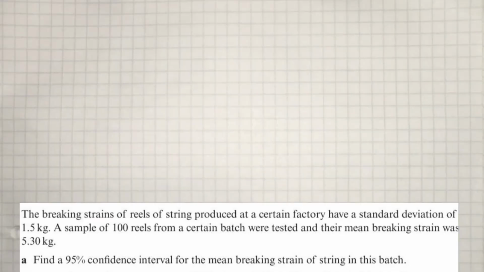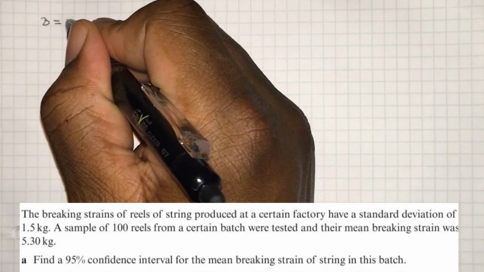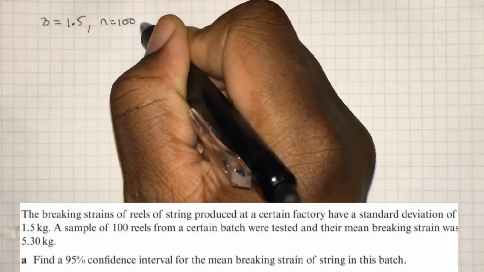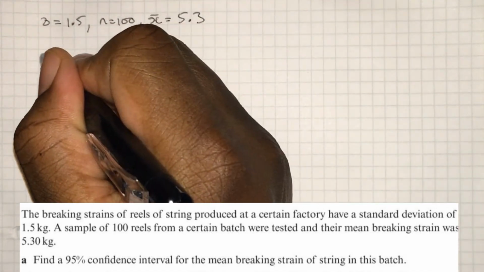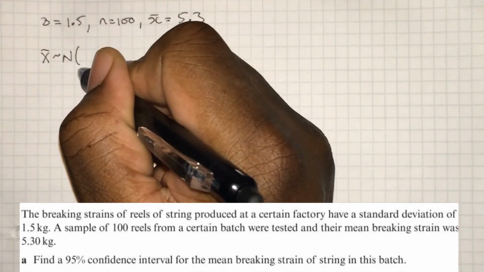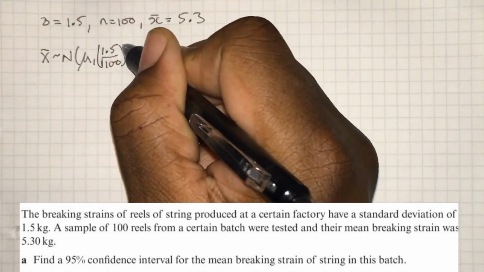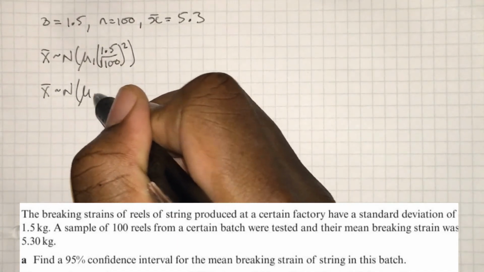Since the last example worked in terms of unknown variables, let's go ahead and do a contextualized example. The breaking strain of reels of string produced at a certain factory have a standard deviation of 1.5. So sigma equals 1.5. A sample of 100, n equals 100, and we're told that the mean is 5.3. So I'm going to put all of those into the sampling distribution of the mean,